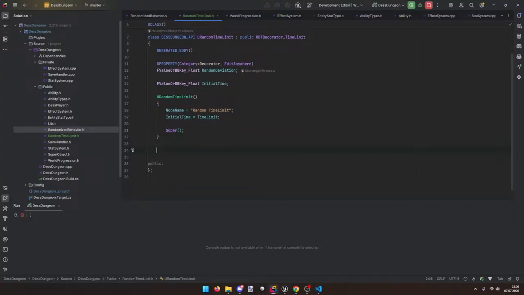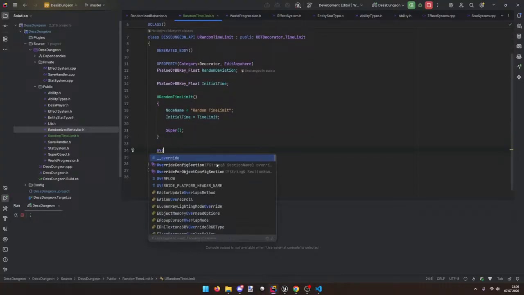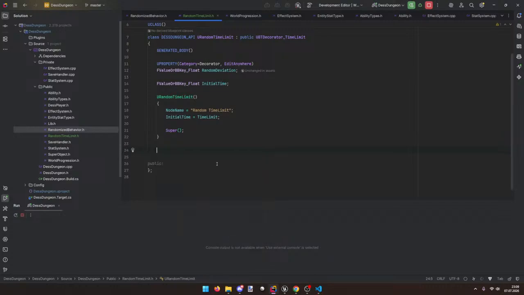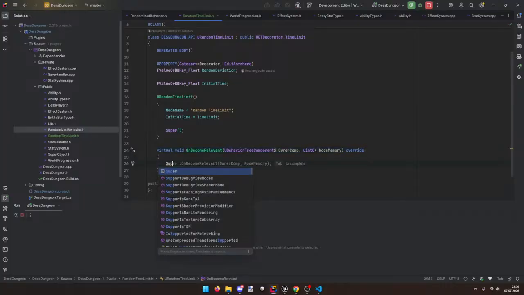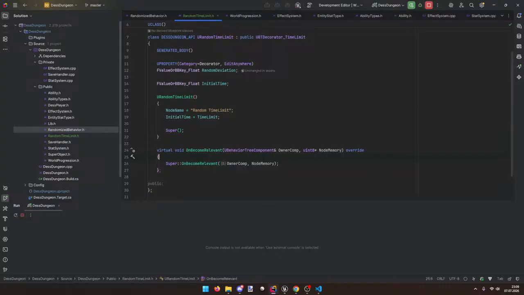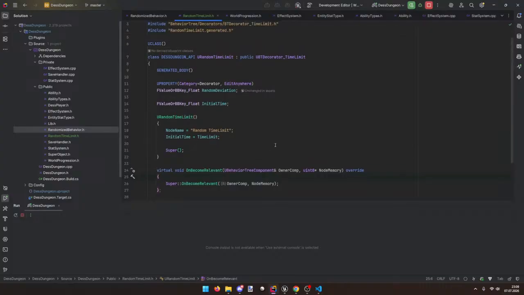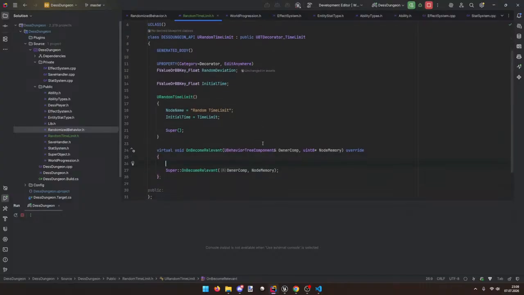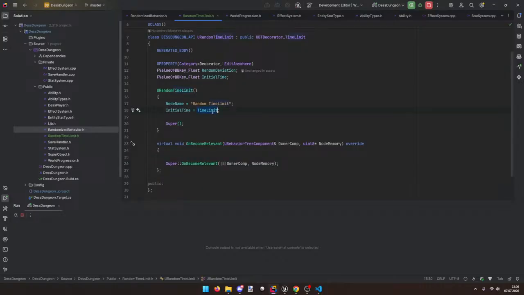Then we override the onBecomeRelevant function. Override. Or how is the signature? OnBecomeRelevant. Okay. Then we just call the super OnBecomeRelevant, really whatever. But before we do that, we randomize the time, right? So the time limit, I'm going to set it to